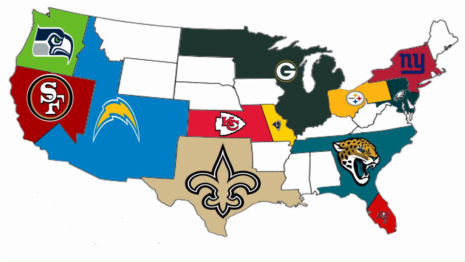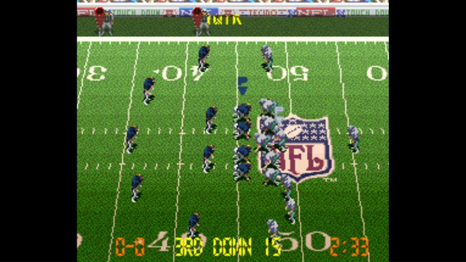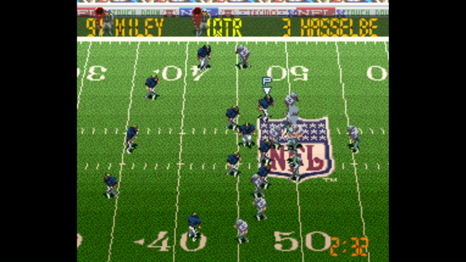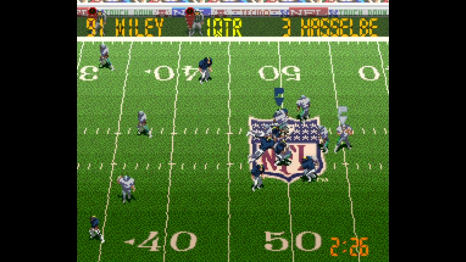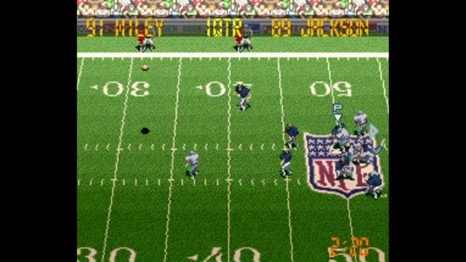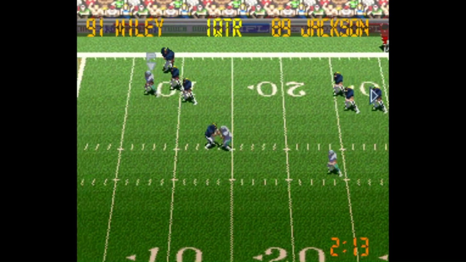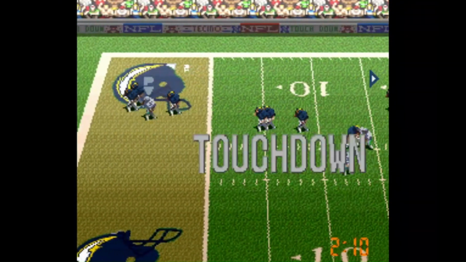Seattle will be going into San Diego for what used to be a division matchup. Seahawks at Chargers is next. Seattle will be looking to strike first. They have the ball on the Charger 46-yard line. Matt Hasselbeck has time, throws it up to Darrell Jackson, makes a leaping catch, escapes his defenders and gets into the end zone. The Seahawks are on the board first.